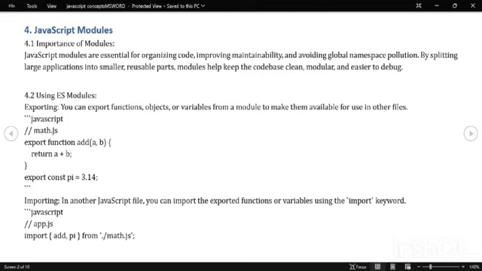The fourth one we have to talk about is JavaScript modules. What is the importance of modules? JavaScript modules are essential for organizing code, improving maintainability, and avoiding global namespace pollution. By splitting large applications into smaller, reusable parts, modules